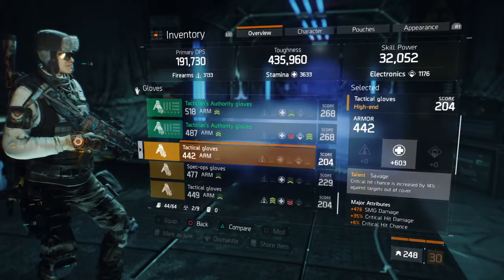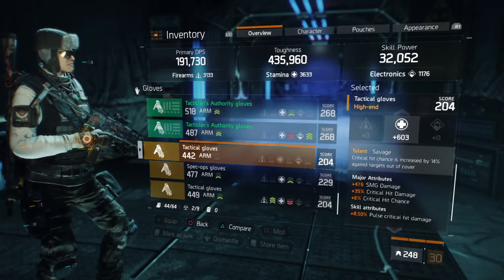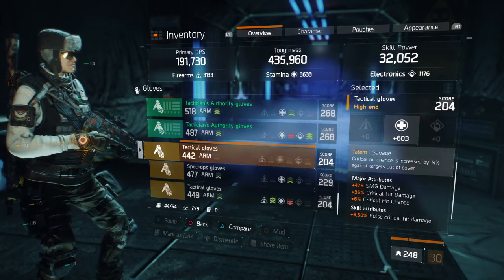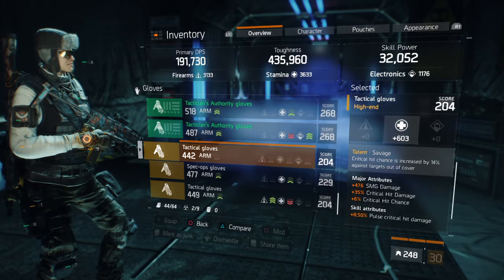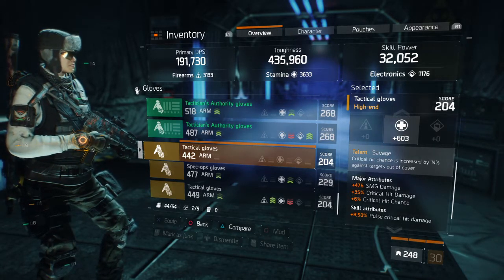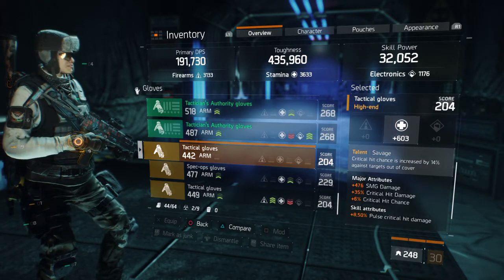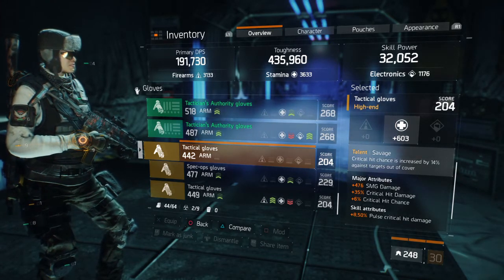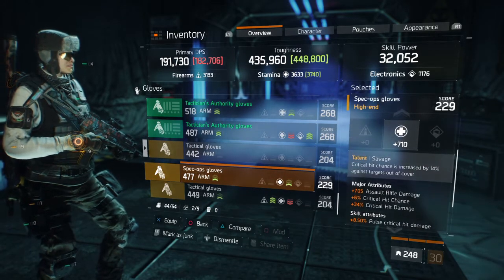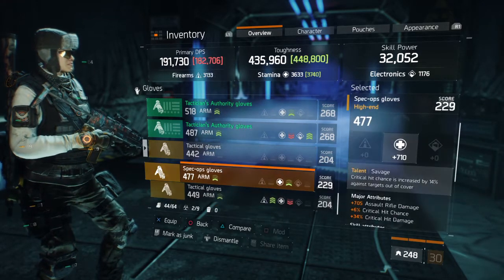I do run Savage gloves. I run 204s, but I think these are phenomenal 204s. They have a little bit low stamina. I would have liked a little bit higher stamina on there, like 620, 630, but you know, I'm a min-maxer. So I do run the SMG, the crit damage, the crit chance, and the pulse crit damage is huge for me, running a pulse build. I do have assault rifle with pulse crit hit damage, which are my 229s,